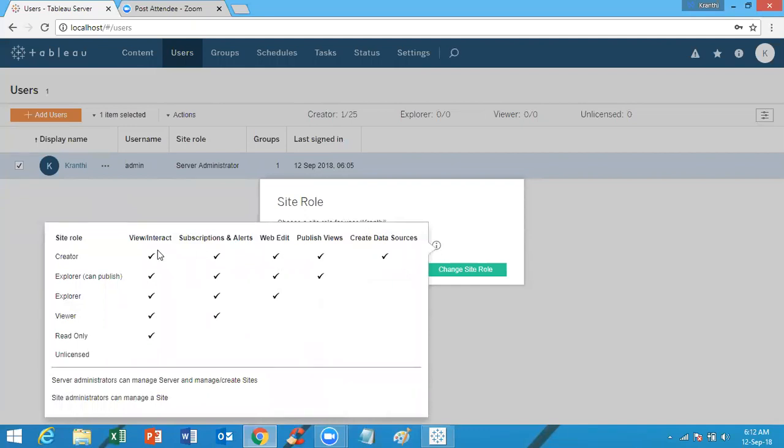So a server administrator can create, publish. Server administrator can manage server and manage, create sites. So a server administrator can do all these things. They can create, they can publish, they can view, they can read, they can do all the work of a site administrator, and